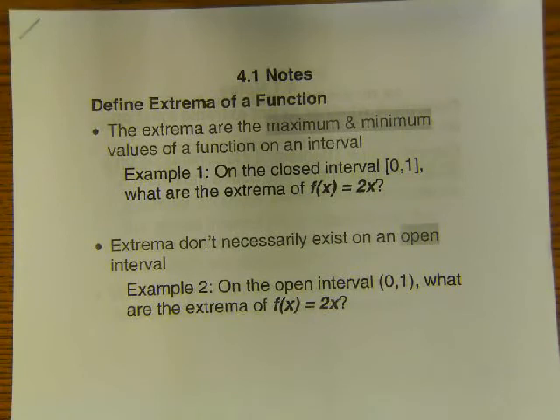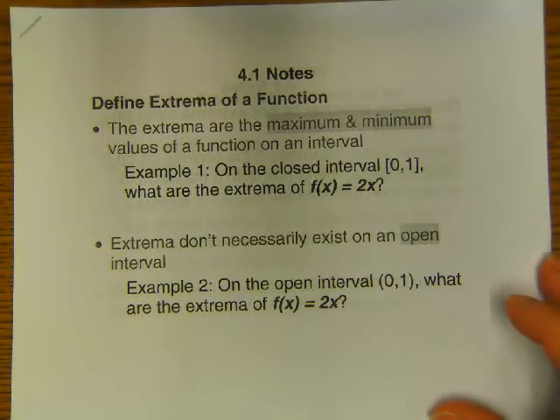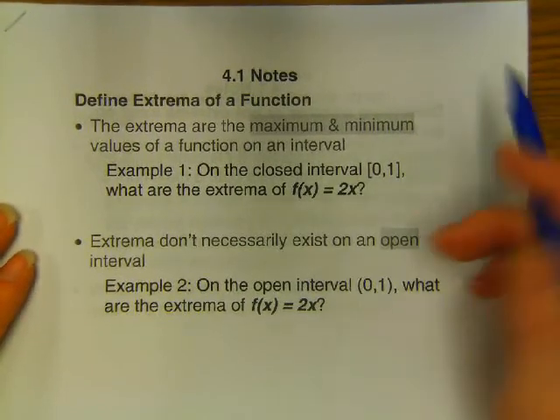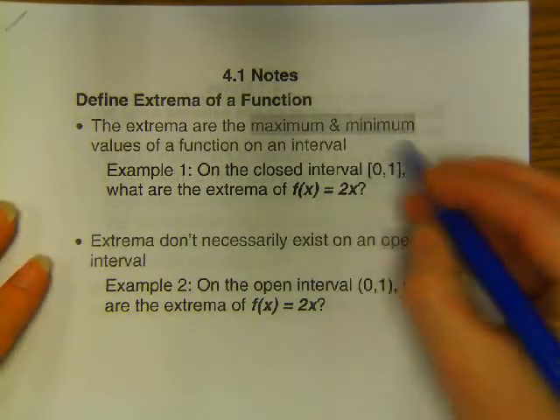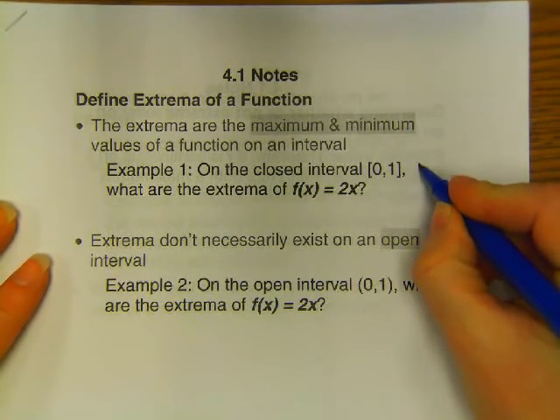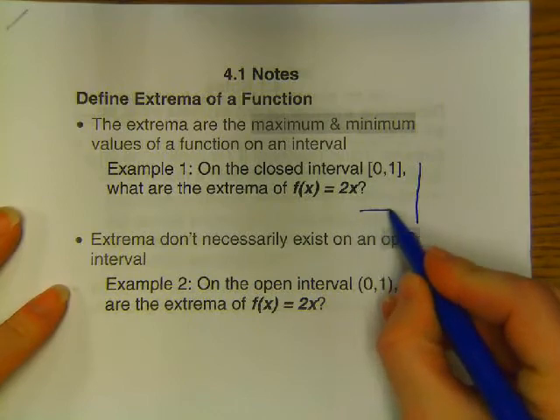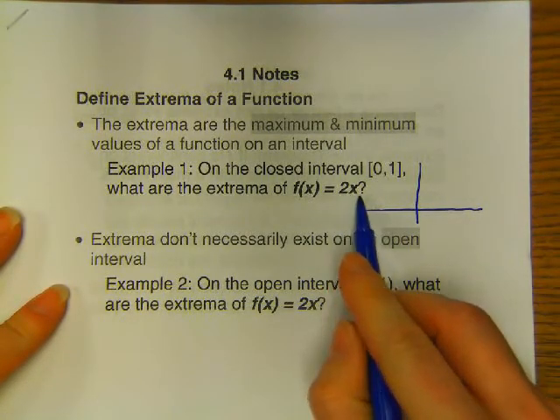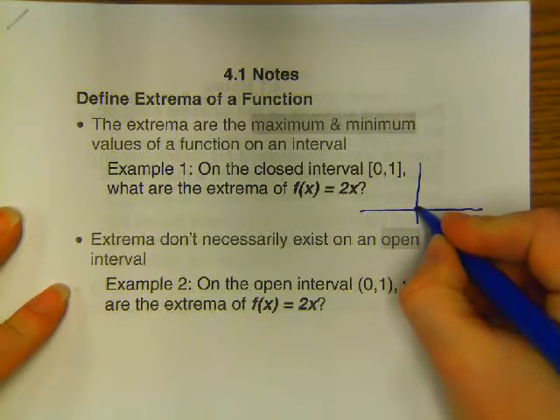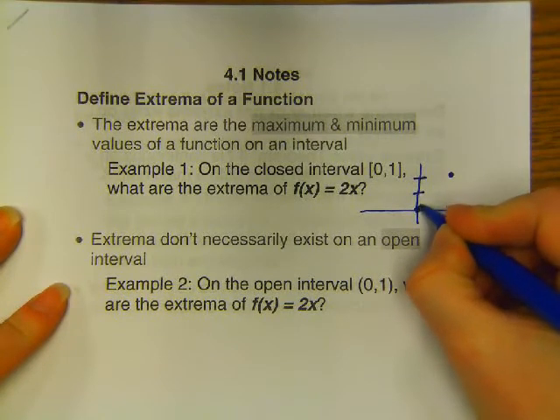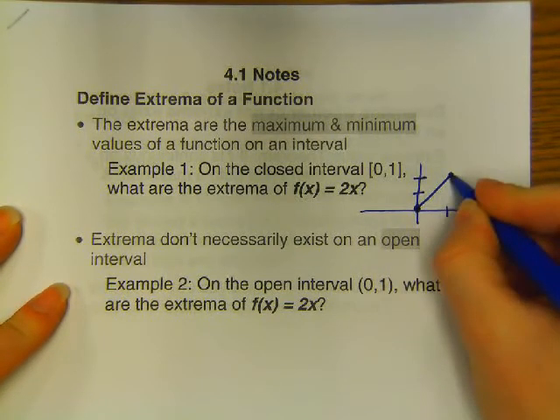But what I want to talk about today is the relationship of maximum and minimum on a closed interval and an open interval. So for this example, a closed interval [0, 1] and the line y equals 2x. If I graph this on a closed interval, what that means is at 0, 2x is 0. And when x is 1, 2x is 2. So it's a line. Okay. And so on this closed interval,